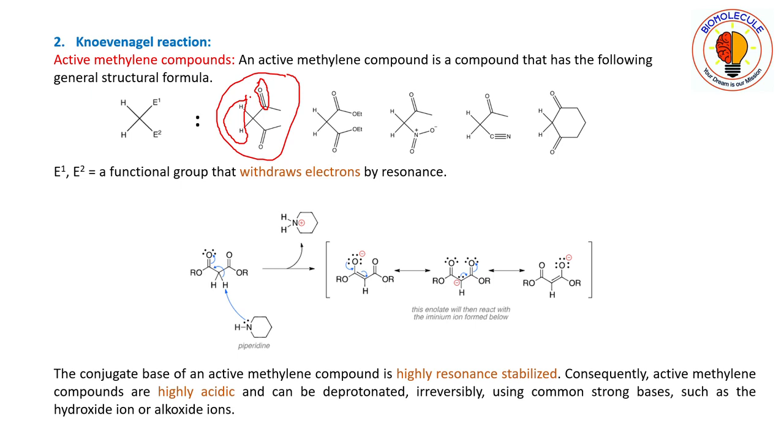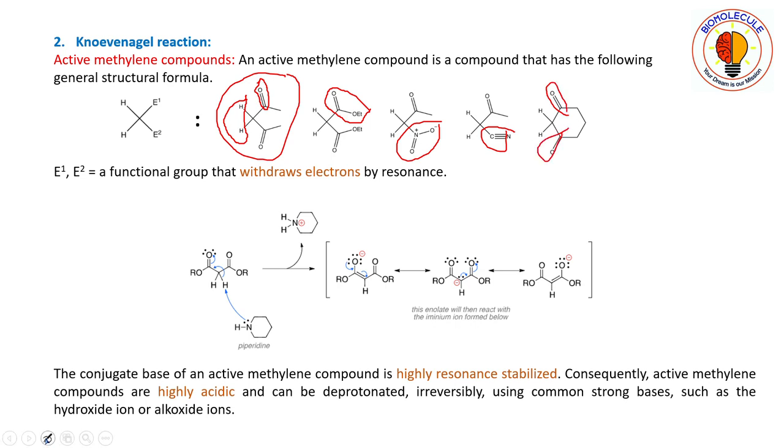That means if we give any base, then these acidic protons get deprotonated and generate a carbanion over the methylene group, and now this will become the active species for undergoing the Knoevenagel reaction. That is why this type of compound is known as active methylene compounds. If we look over here, these are ester groups and they have electron withdrawing nature. Similarly here a nitro group, here nitrile, and these two have carbonyl groups.